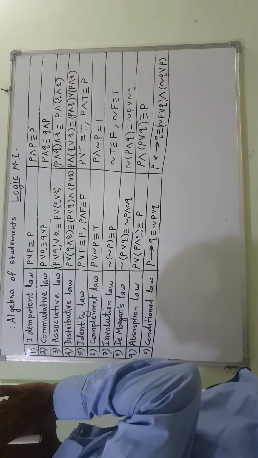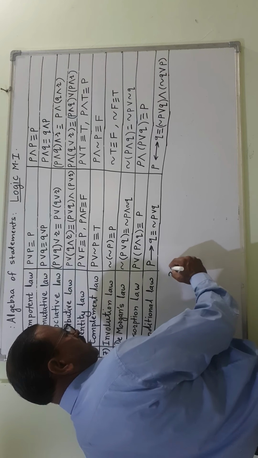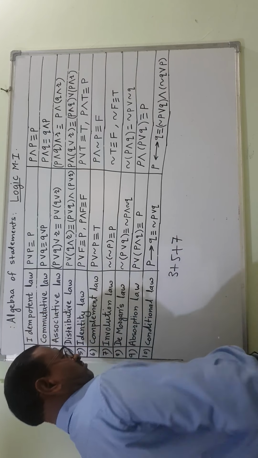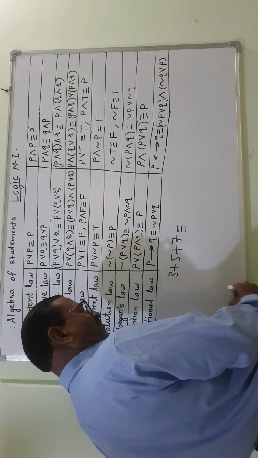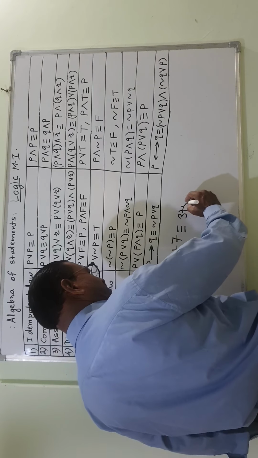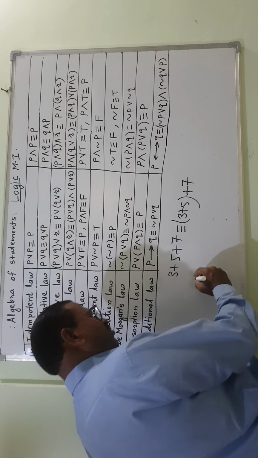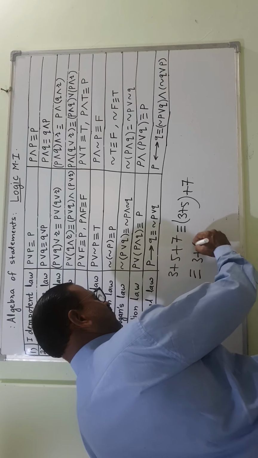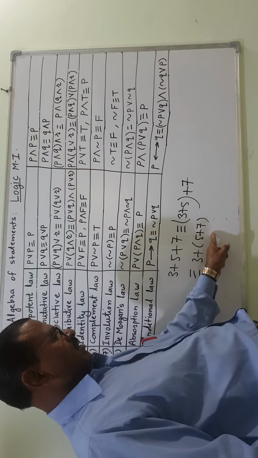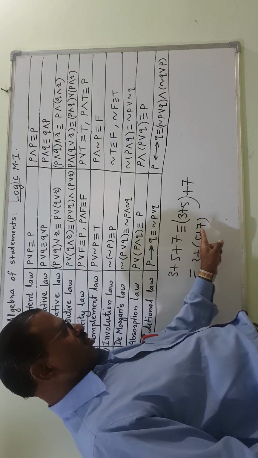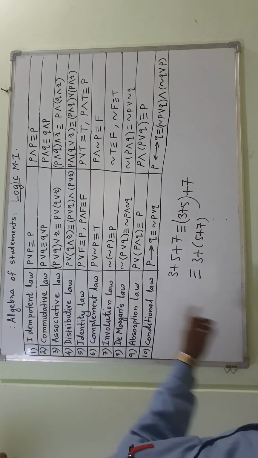Now associative law. What is that association? That I will tell you. 3 plus 5 plus 7 is given. So I can do it in different ways. Is this equivalent to 3 plus 5, first of all do this, and then plus 7? Or you can have it as 3 plus 5 plus 7 this way. So first of all do this. You know the BODMAS rule. First of all solve this and then add this. So what is this? Association. So this is the associative law.